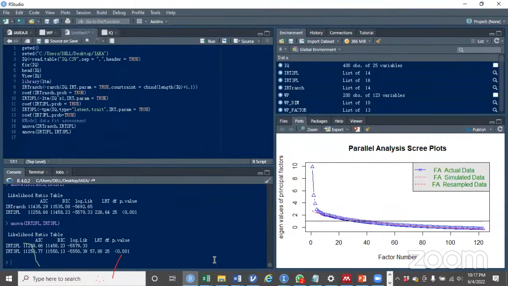But if you look at the second one, which is the BIC, you notice that the value 11458 is lesser than 11450. But for the third one, it is higher here. Thank you very much for your observation. Now, if I'm to conclude from these results, I would say the 2PL is the most parsimonious model